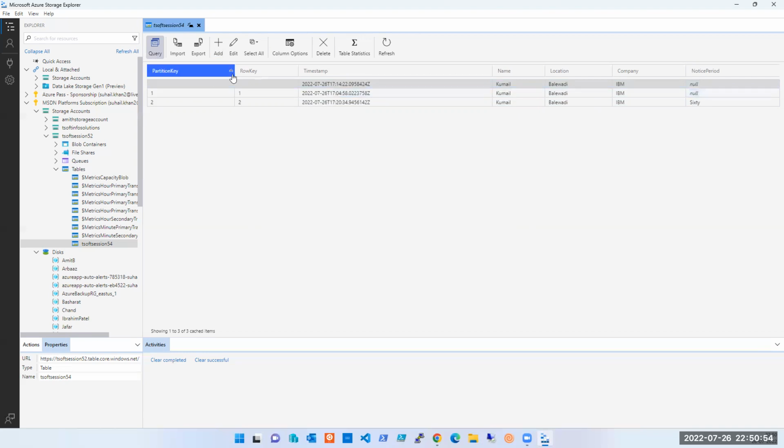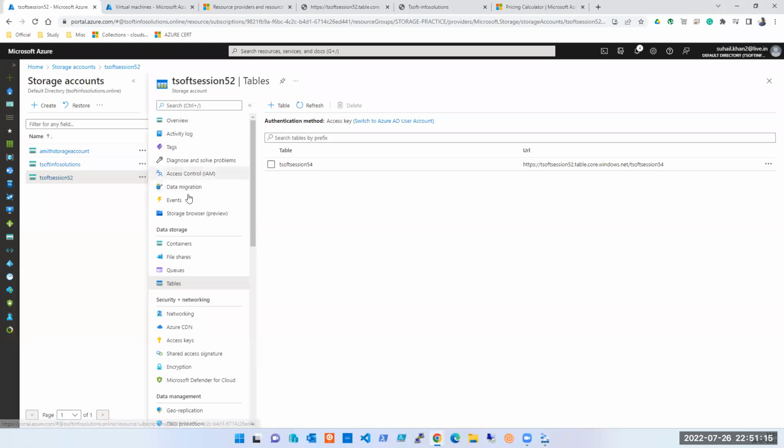So here the partition key and row keys, ये दो unique values होते हैं, these cannot be repeated। अब मैंने यहाँ पर दो बना ली, new record cannot be there with the same value। So this is what it is। यहाँ से आप डिलीट कर सकते हो, स्टैट्स वगैरह देख सकते हो, बहुत सारी चीजें आप यहाँ से कर सकते हो, इसको एक्सपोर्ट कर सकते हो। This feature you do not get here।